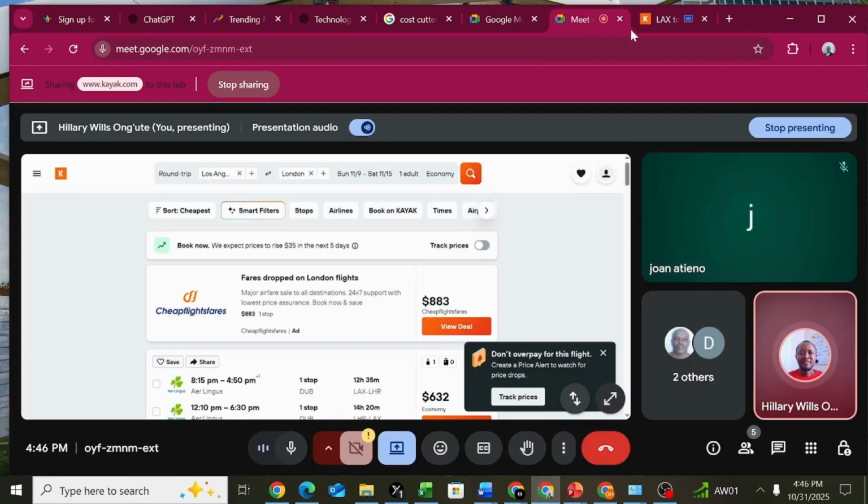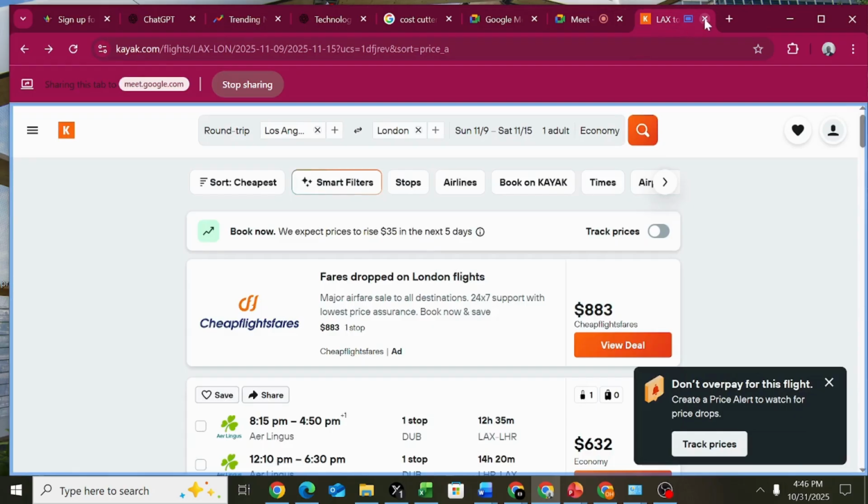Then number two, you can also do what we call booking for a car rental. When your guest arrives in London, I'm just giving an example, they will want to be transferred from the airport to the hotel or bed and breakfast, or they would want to be transferred to a restaurant so that they can go and eat.